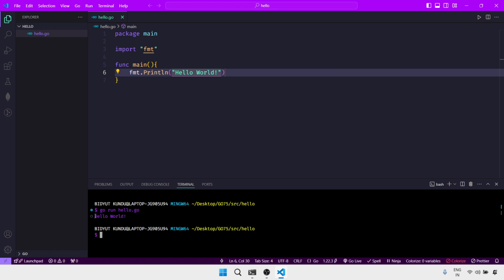Now let's talk about variables. Variables store data that can be used and changed in your program. In Go, you can declare a variable using the var keyword, for example,